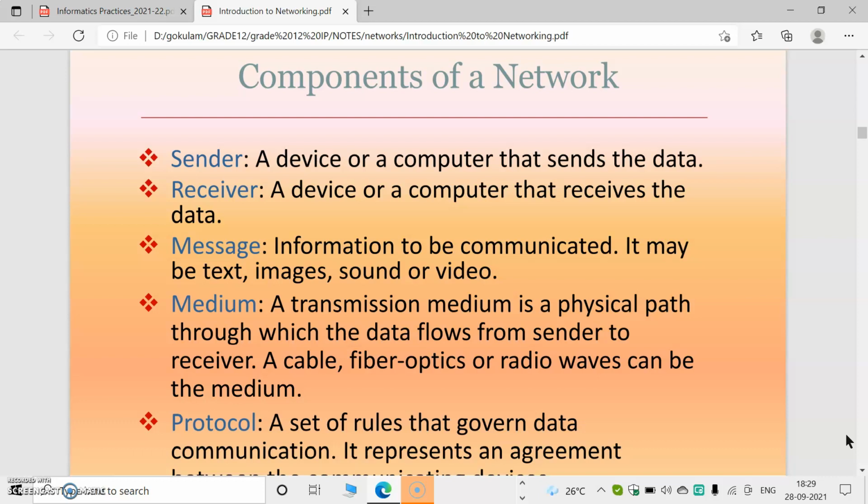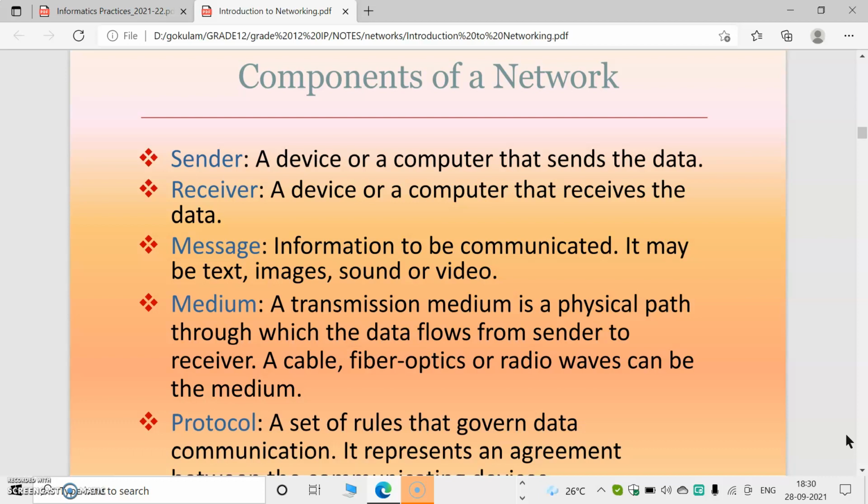Next is medium. What is a medium? Medium of communication. We all studied that light is a medium. So medium means the path through which data is transferred, from sender to receiver. I am sending data to you through the internet, so it must be transported using some medium. Normally, in our houses we are using a wired medium. That means we connect the internet cable into our computer. Or we can use a wireless medium also. If our modem is wireless, we can access the data through mobile or laptop.